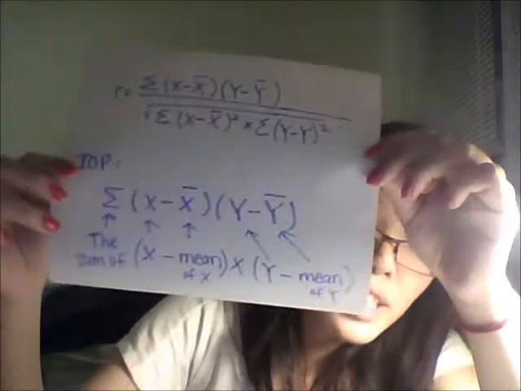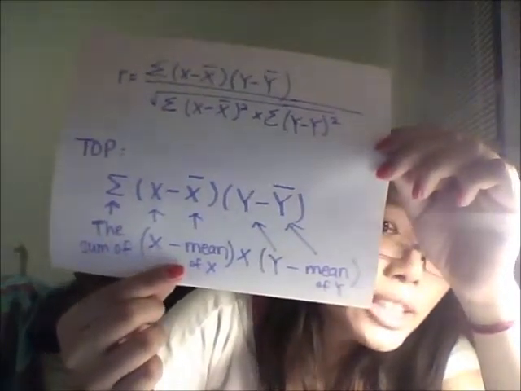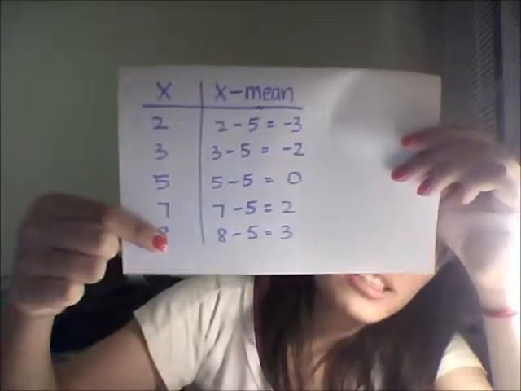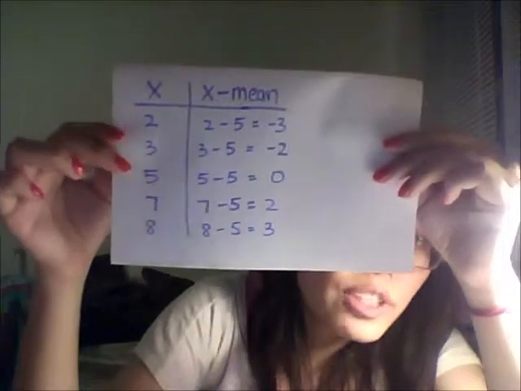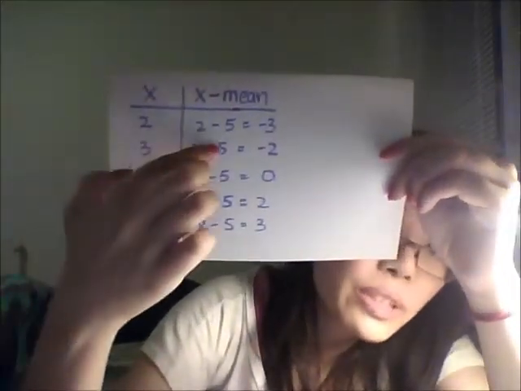Now remember the equation on the top part, we have to find x minus the mean of x. So it's actually quite simple for that part. Let's solve that first. Remember the values I gave you for x? Let's make another chart with that. Here it is again, the same values of x. And then on the other columns, we have x minus mean. So before, for the x, we found that the mean was 5. So now what we're going to do is